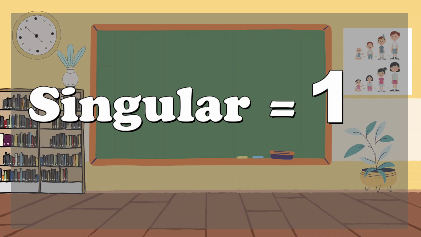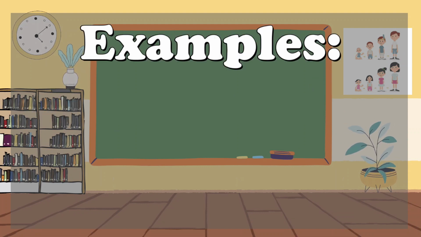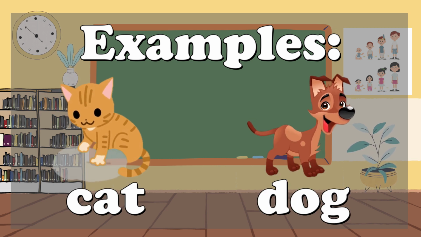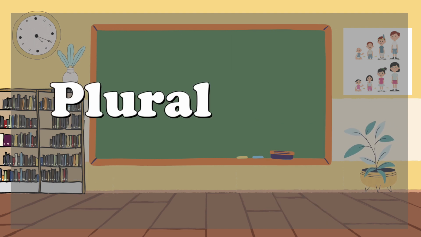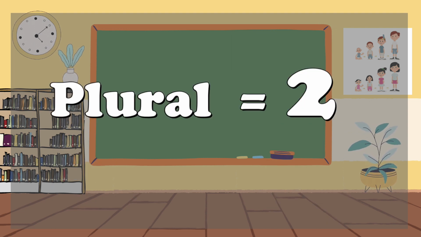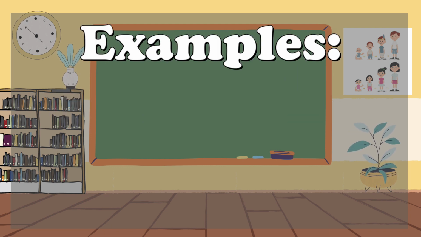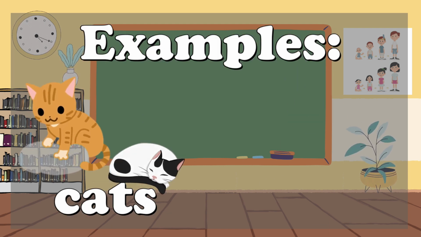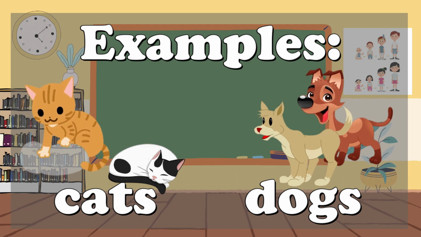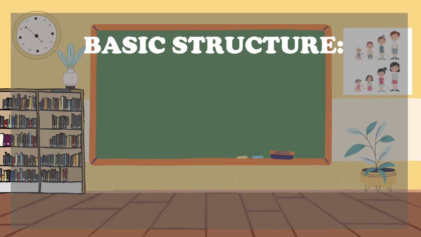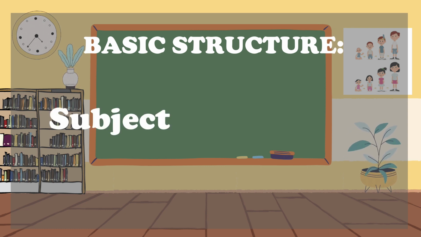Let's take note that when we say singular, it means single or one. For example, cat, dog. And when we say plural, it means two or more. For example, cats, dogs. In creating a sentence, there is one basic structure, which is that it should have a subject and